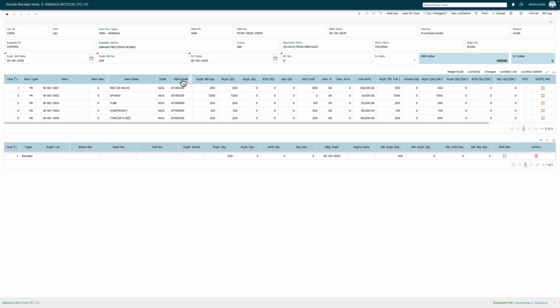HSN code, that's the harmonized system of nomenclature, a system of classification for goods under GST, and services accounting code, a system of classification for your services under GST, when it's your SAC code. Then you have your supplier bill quantity, then comes your receipt quantity, and then your accepted quantity, then your AOD,